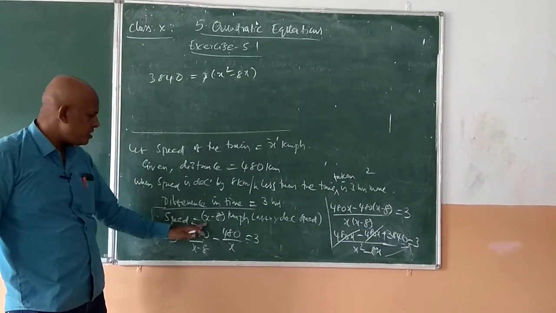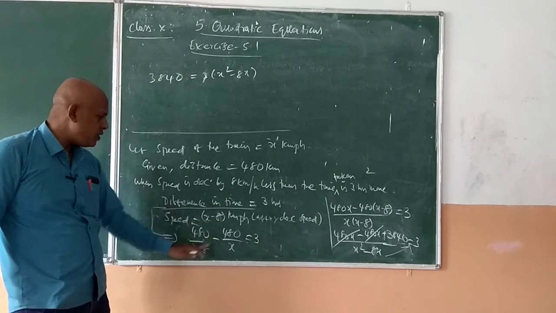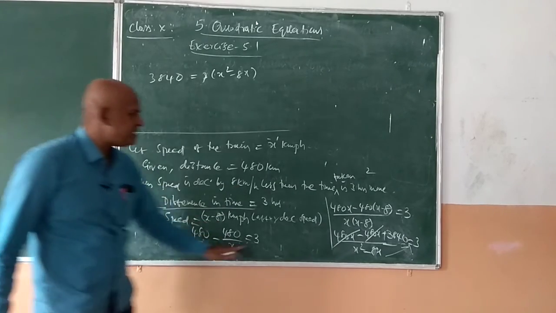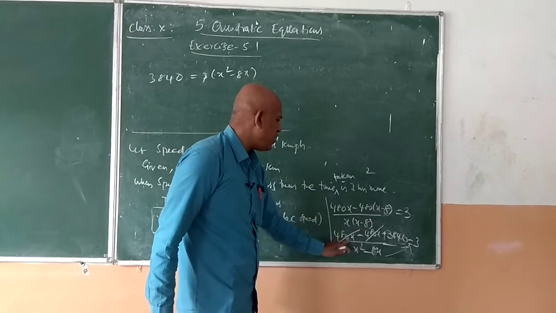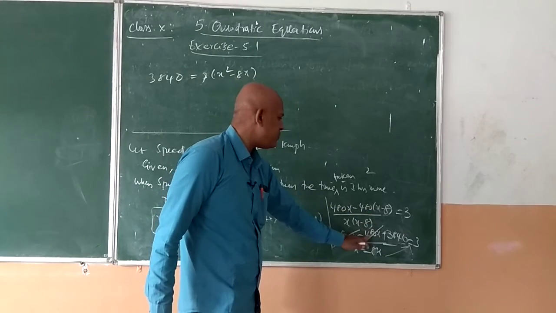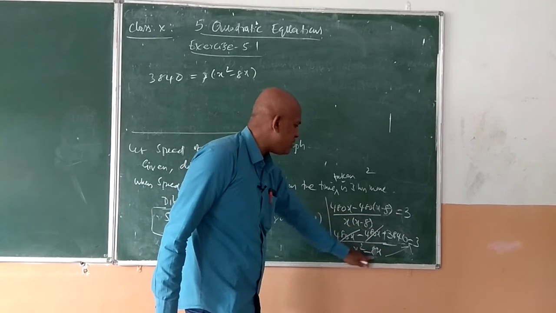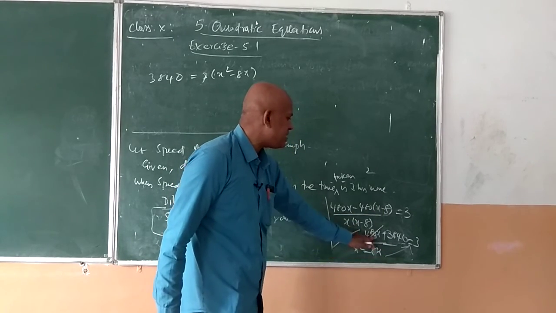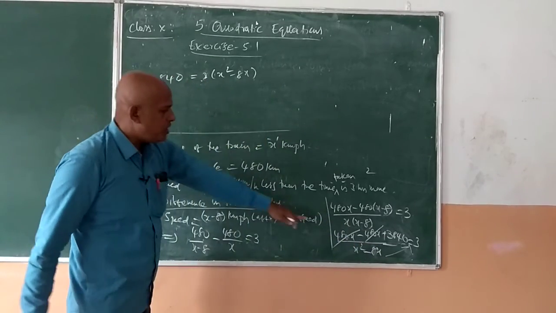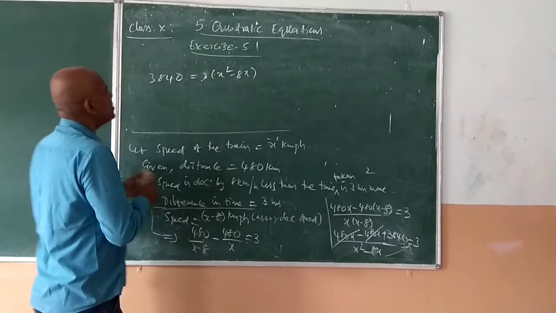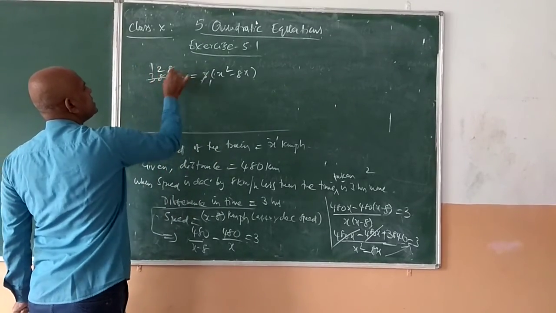Okay, a small correction here. Actually here the speed is decreased by 8 kilometers per hour, so x minus 8. So here 480 by x minus 8. So 480 into x, 480x, minus 480 into x minus 8: 480x, 480x, 480 into 8, 3840, by x square, x into x minus 8, so x square minus 8x. 480x and 480x get cancelled. So 3840 is equal to 3 into x square minus 8x. So 3 can cancel here: 3 ones 3, 3 2s 6, 3 8s 24, 0.